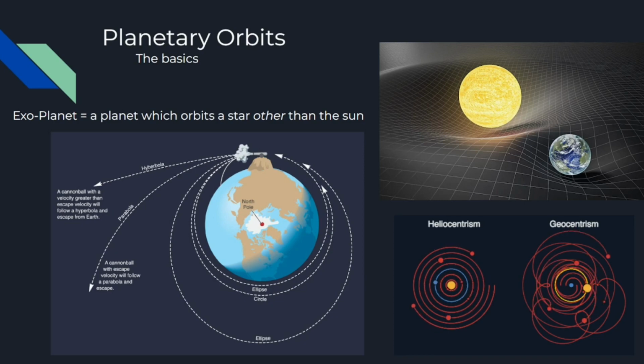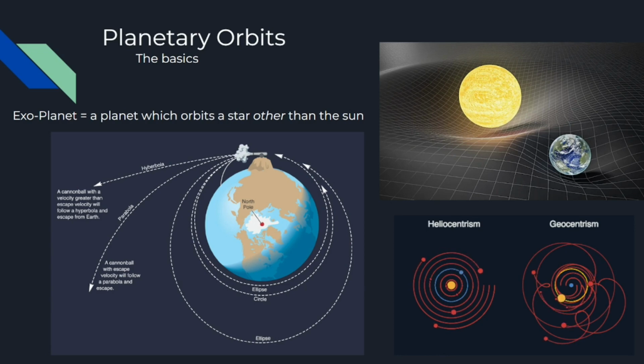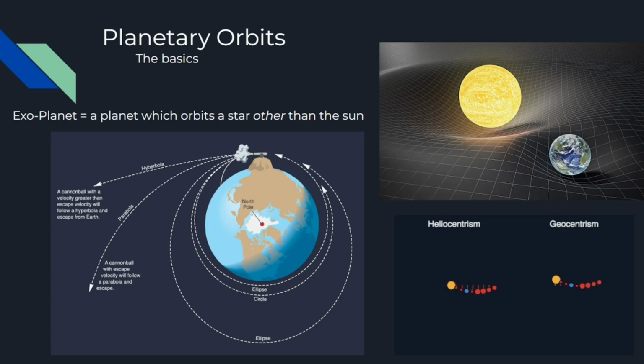Alright, so the first thing we need to do then is define what an exoplanet is. Here, that's literally just any planet in the entire universe that orbits a star other than the sun. The keyword there being orbit. So what's an orbit? An orbit is just any circular or elliptical path that one celestial body regularly takes around